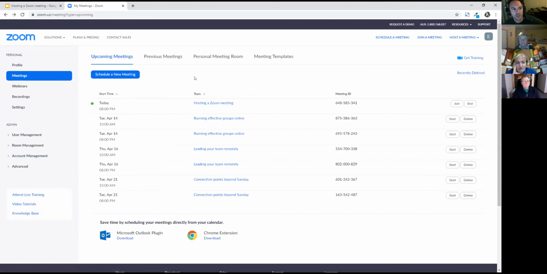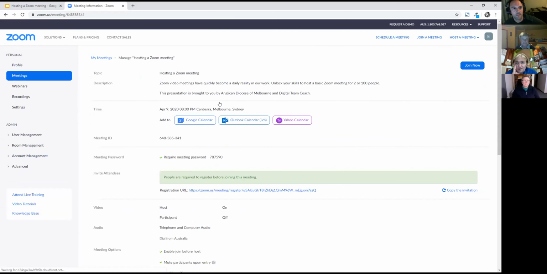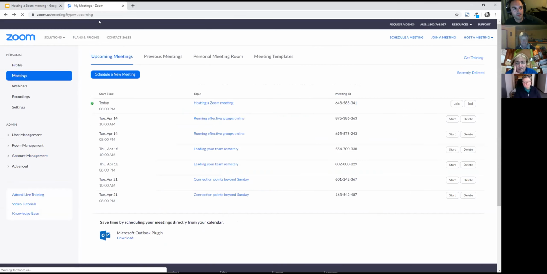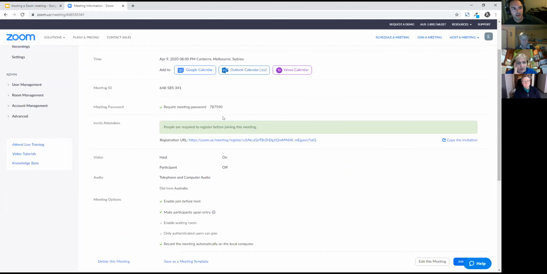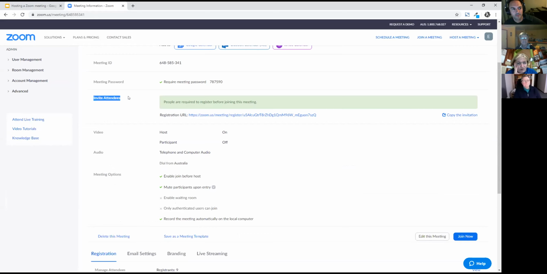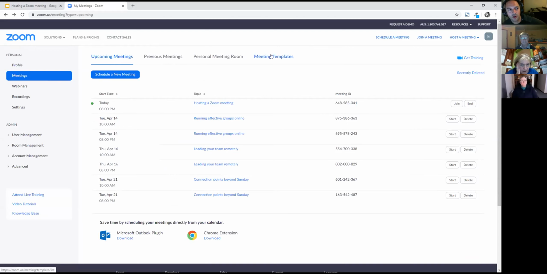So you don't actually have the ability to do that when you're setting up the meeting. Once you've hit save and it's added the meeting, for example this one, I can then go in to view the settings that I have in here. And under here, we've got invite attendees. Oh, where was that? I'll go back. No, that's fine. I'm looking at the listing of the different meetings, and I can just click on the link to view the meeting details.